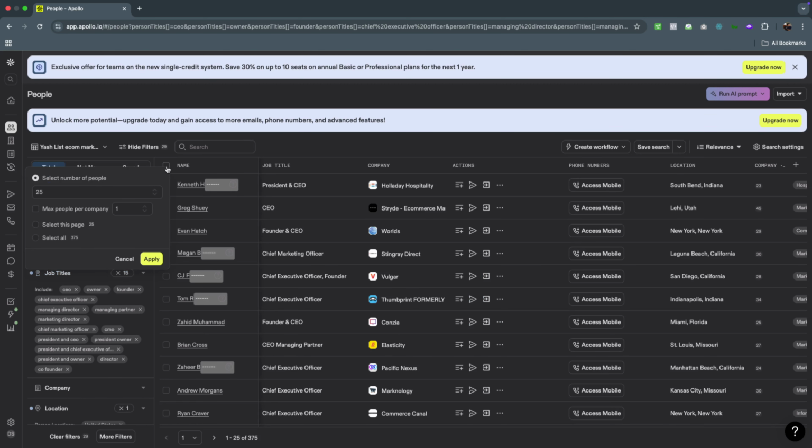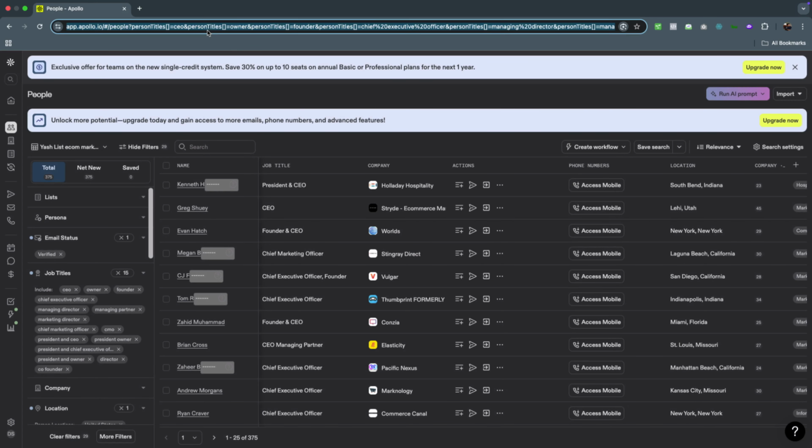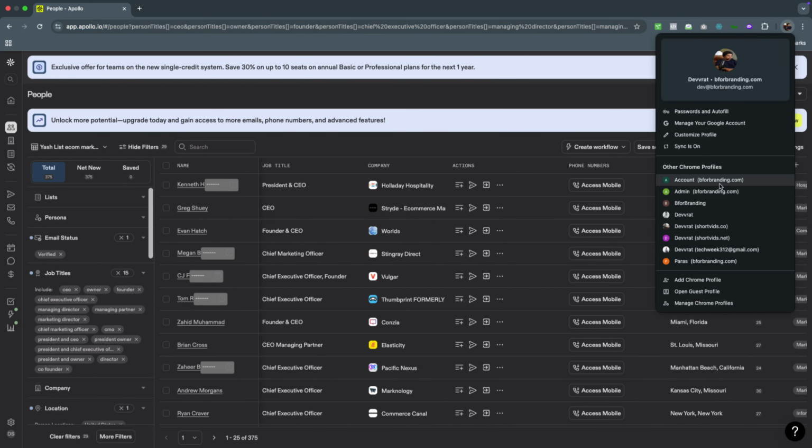It's trying to find email addresses which are verified. They are like having this position. Okay, so it has got this set of people. I can't see the number of people, so the total number of people is here, how much it has found. Select this page, select all 375. So I've just clicked on select all, and I'll take this thing, which is the top logo.